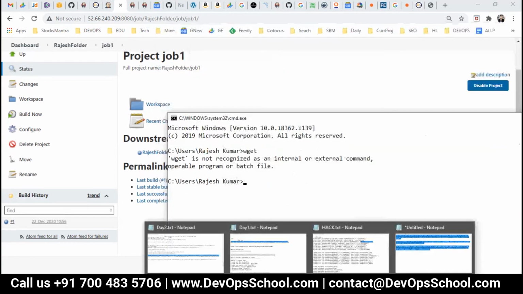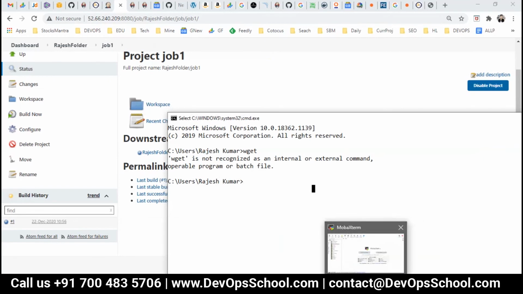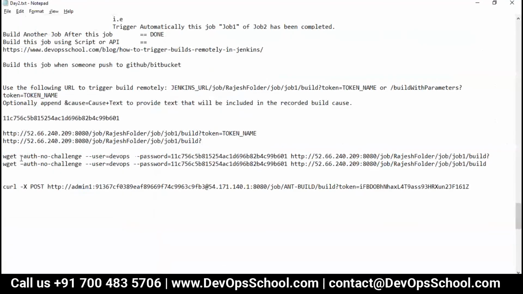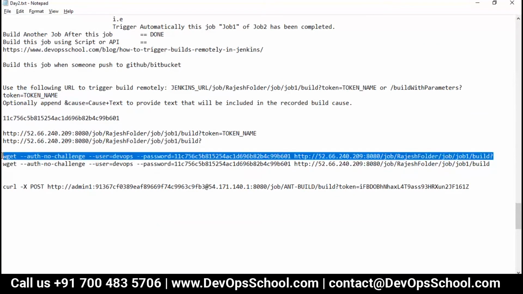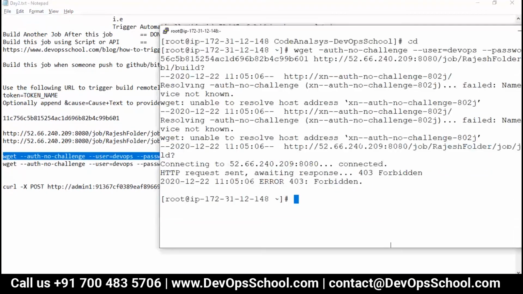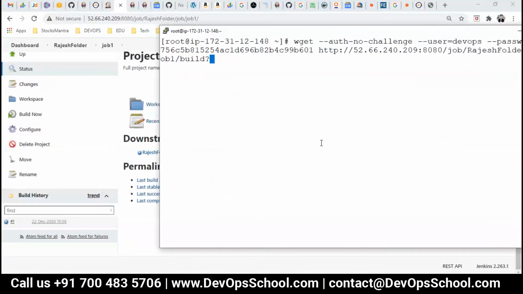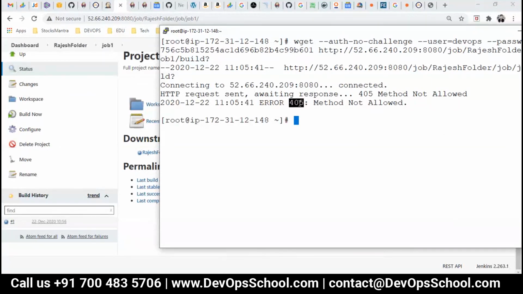It gave a 403, so it didn't work out. Let me see the error. It says there's a problem here, a hyphen. There's a spelling mistake. So clear the screen. See the build number 1. Enter. Here it says this got connected, but